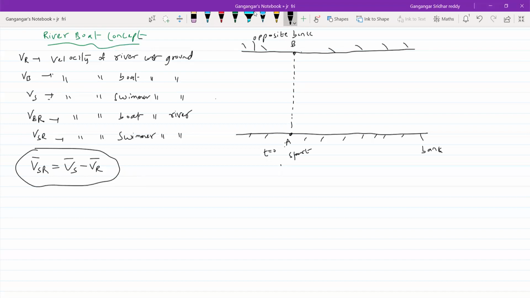Now how does the river flow? The river flows like this. VR is the river current. The width of the river is W. These are the symbols we'll be using. Now, velocity of swimmer with respect to river. He will swim